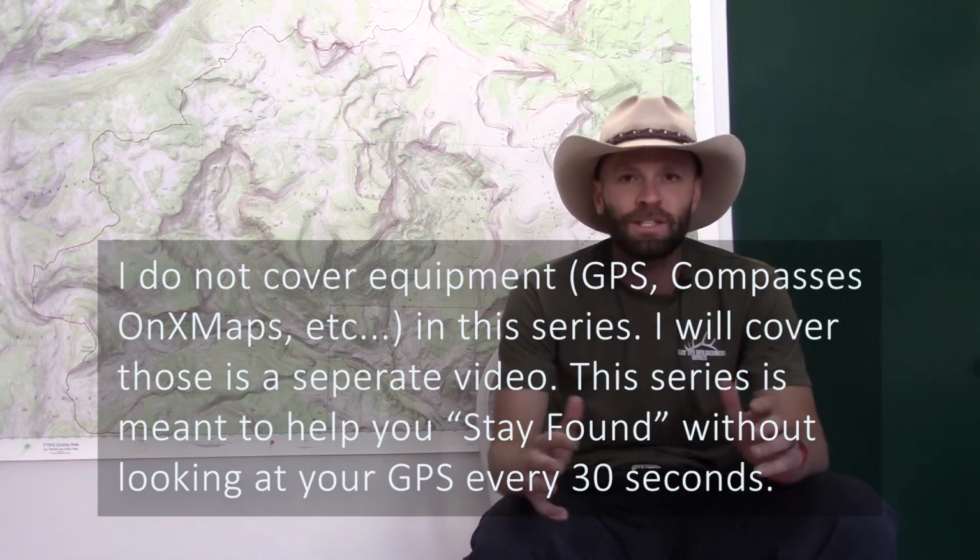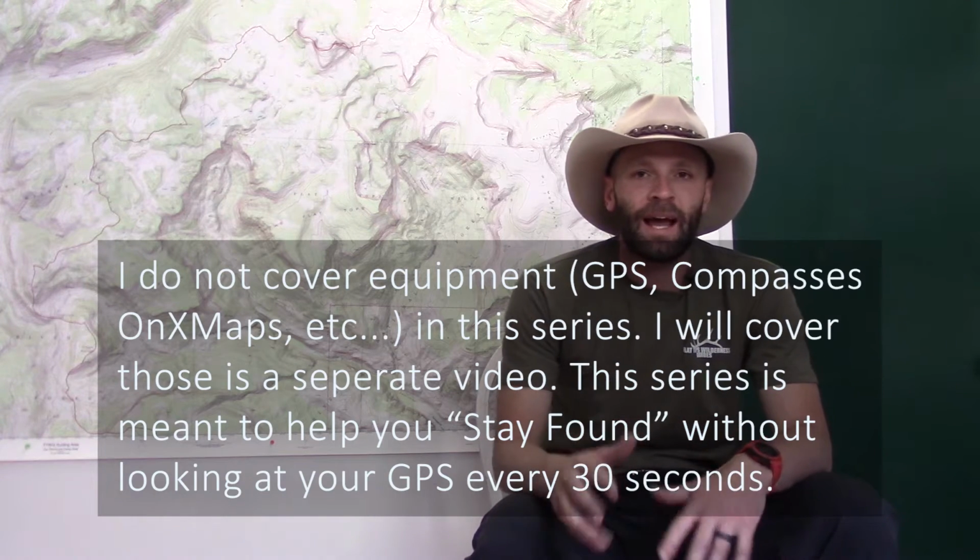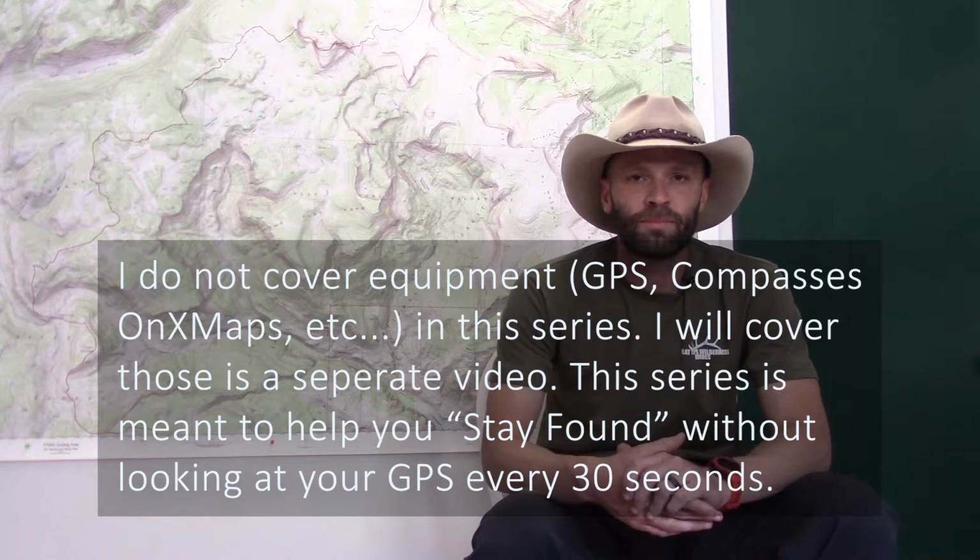So this is the first part of what I'm just going to call a basic field navigation series I'm doing. It's just going to be two parts. And the overarching concept is to talk about the scenarios that I see. This is over north of 1,000 hunters I've dealt with and outfitted or guided over the years. The situations that guys run into when it comes to navigation, getting lost, common mistakes, those sort of things in